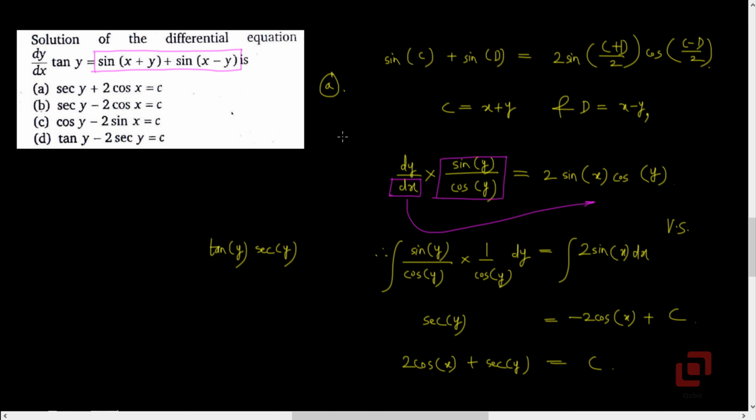Now, where can you go wrong? Observe that we have integral of sin x, which is minus cos x. So, if you miss that minus sign, then this 2 cos x will acquire the negative sign, and in that case, you will incorrectly mark option B as the solution. However, note that B is not right, and that is the reason you should understand and learn the basic formulas of integration as well as differentiation.